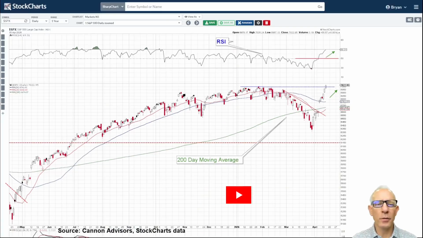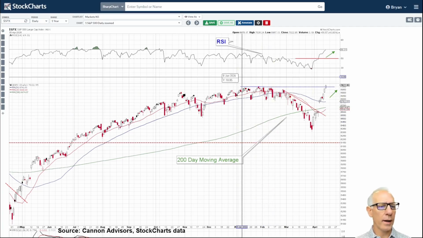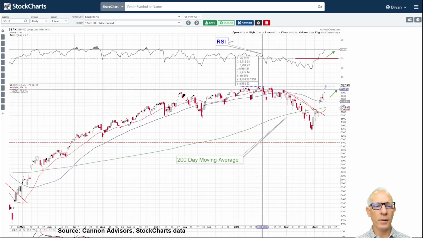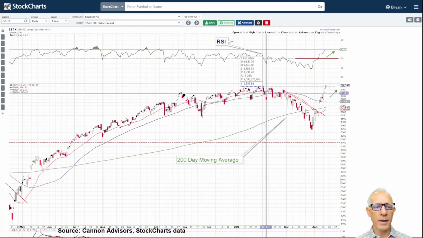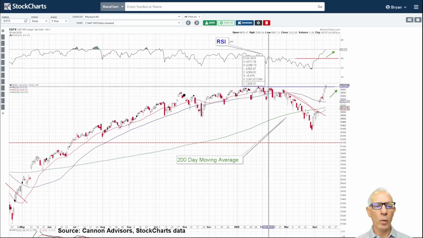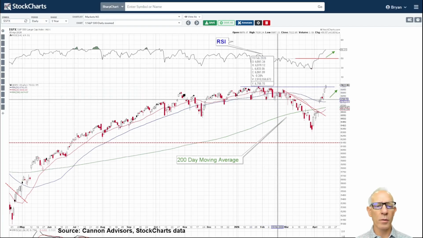All right, so I'm going to go through 4 charts today that essentially will explain the theory that you really shouldn't be worried about this conflict in the Middle East. So the first chart here is our typical S&P 500 on a daily basis. In prior Markets in 5s, I talked about this consolidation zone where we had the bulls and bears in a tug of war with each other.